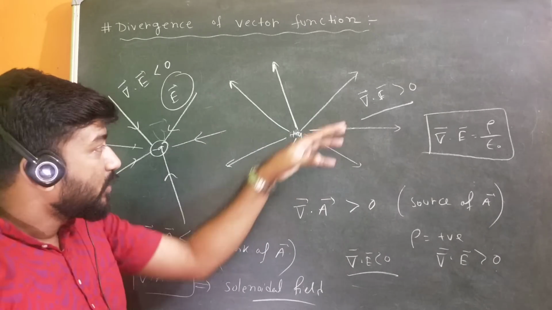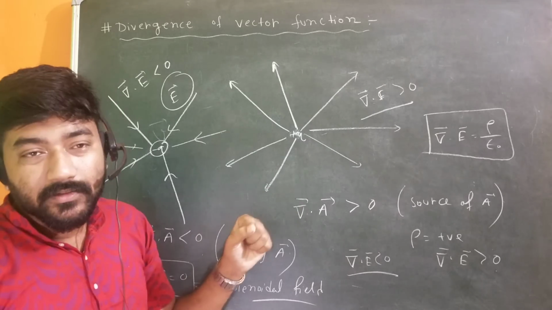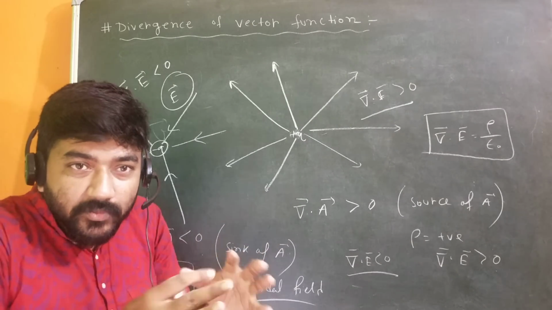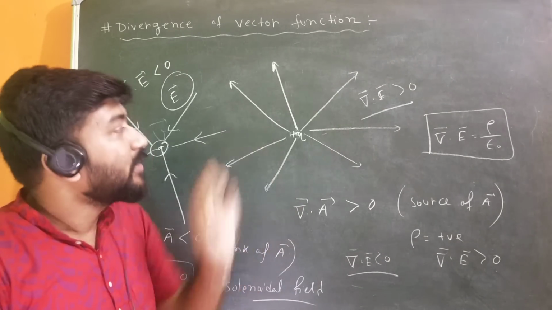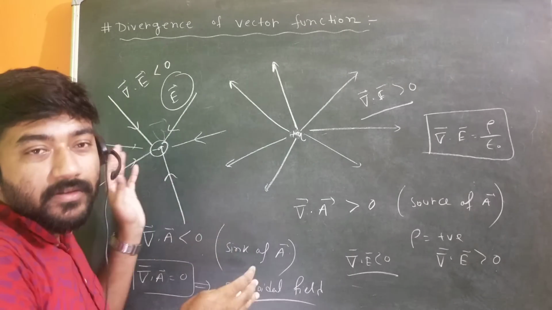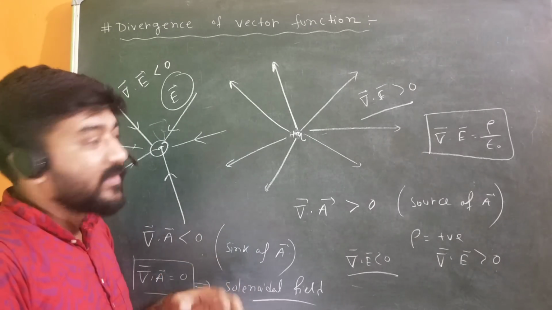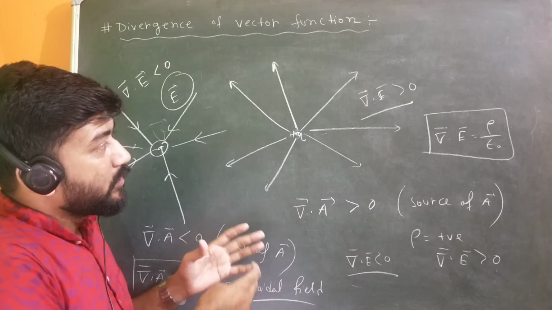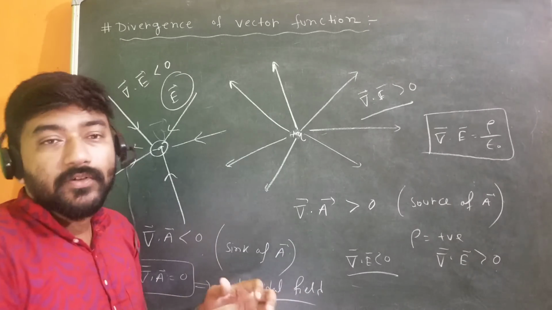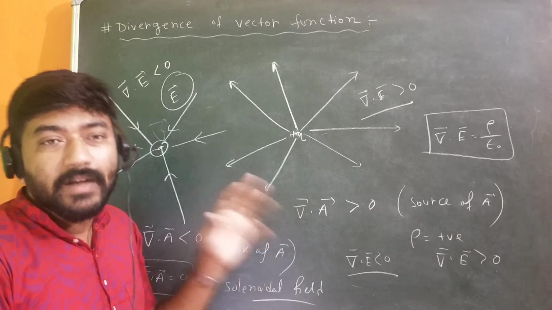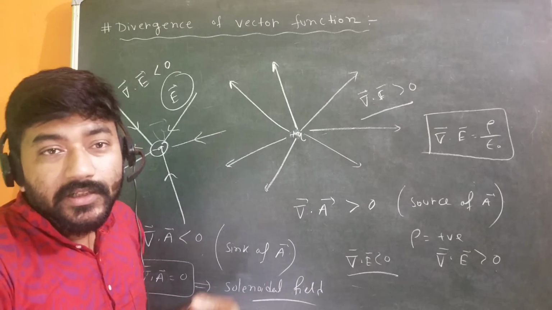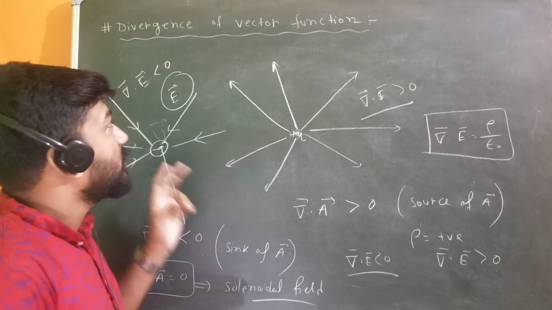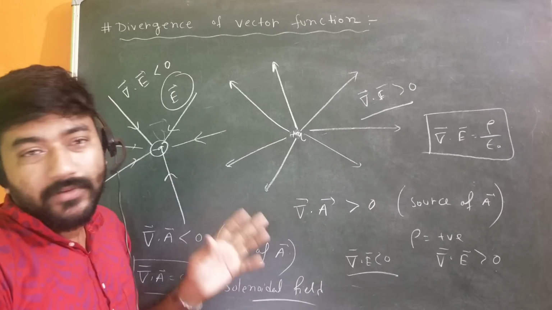If you represent an electric field by assuming field lines, then you can compare whether something is spreading or something is shrinking. That's why we can use the divergence for the electric field also, and you will understand its significance more when we study a lot about the electric field. Okay, so this is just the basics of the divergence of any vector field.